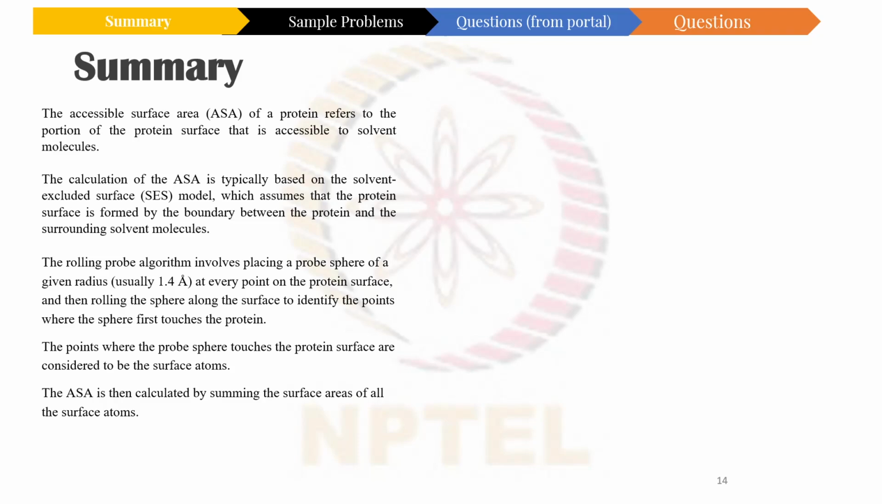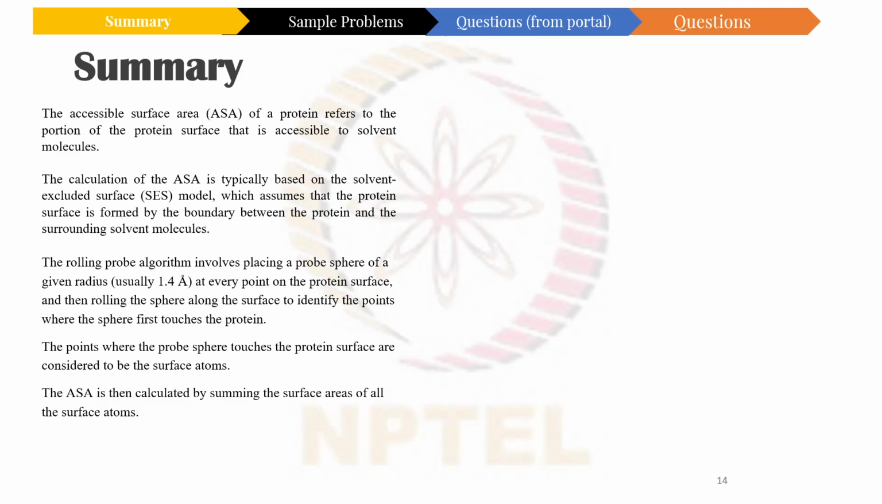To calculate a solvent excluded surface, a rolling probe algorithm is often used. The rolling probe algorithm involves placing a probe sphere of a given radius. Usually, if we consider water, then we take a probe size of 1.4 angstroms. Or if we consider membrane proteins, where we consider the CH2 group, there we take a probe size of 2. Then this probe is rolled along the surface